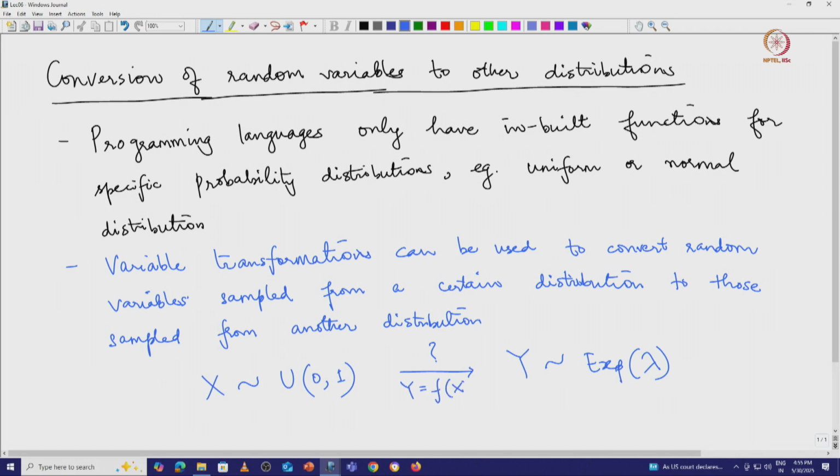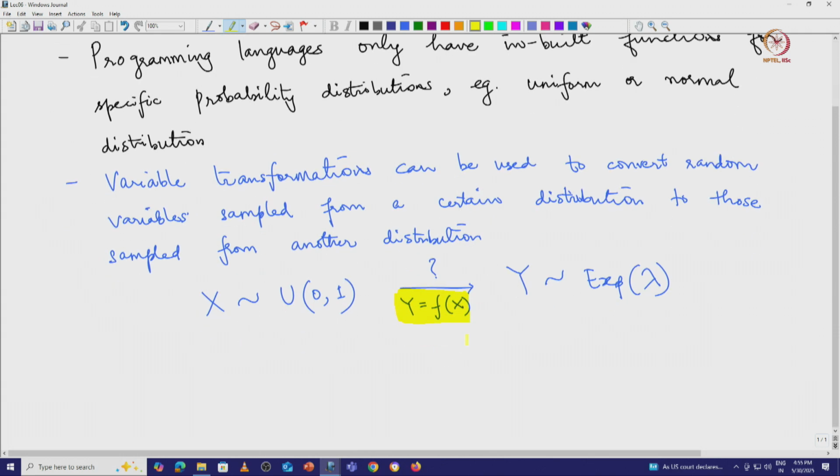That is what we are going to learn here, and as you can imagine this is quite important because you only have functions that can sample from certain specific distributions. Okay. So I will tell you how to do this. The derivation of these equations is beyond the scope of this course, and you can refer to any standard textbook